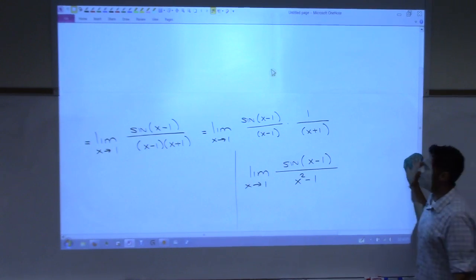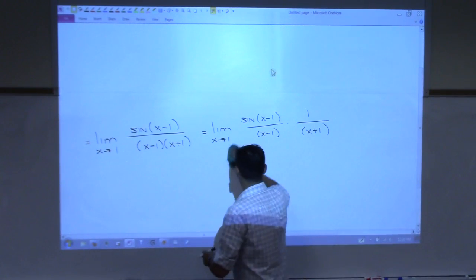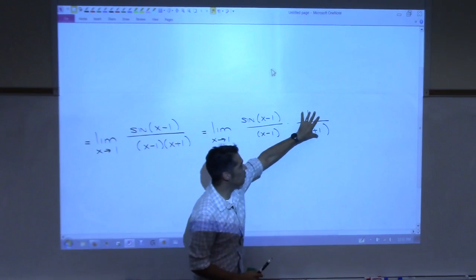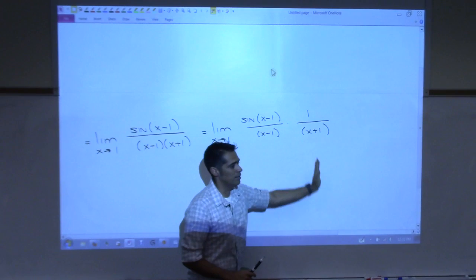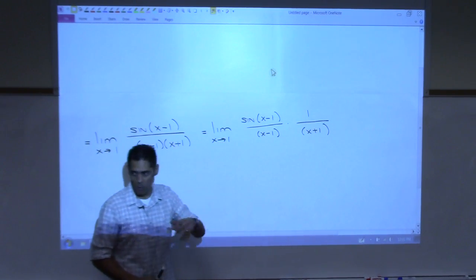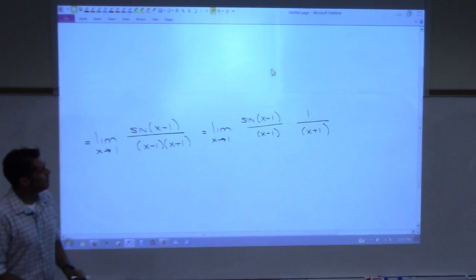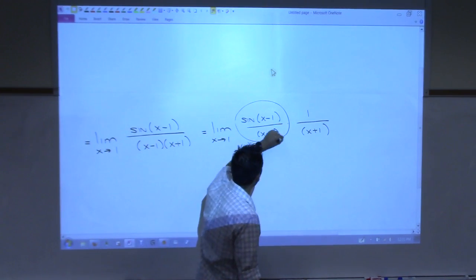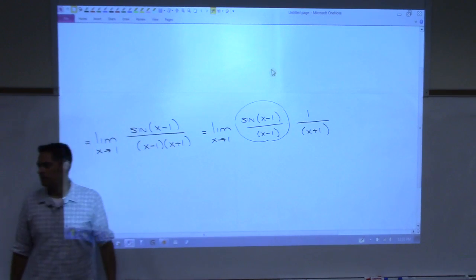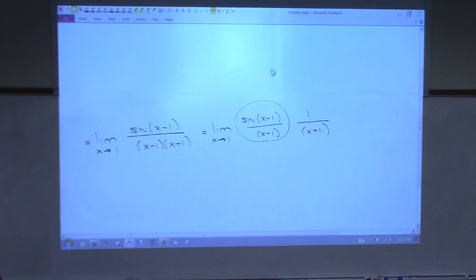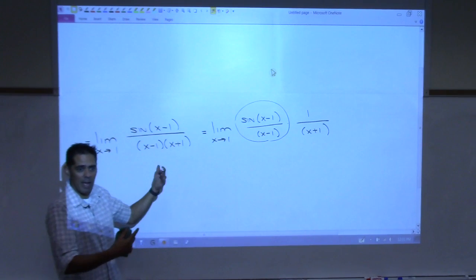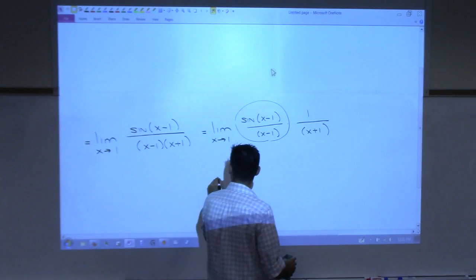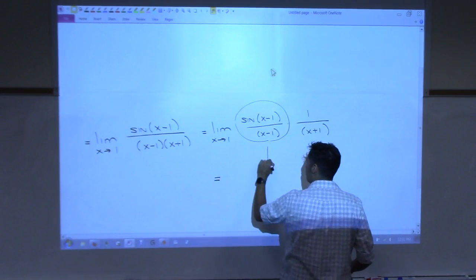Now, the reason why I did that is because the limit laws tell us that if you have a limit of two things being multiplied, you can do the limit of each one. That's one of the limit laws. You can go back and look in your notes. So can you look at this right now and tell me what the limit of that is as x goes to 1? That's 1, right? Because I have sine of junk over junk, they match exactly, and they go to 0. So I know this goes to 1